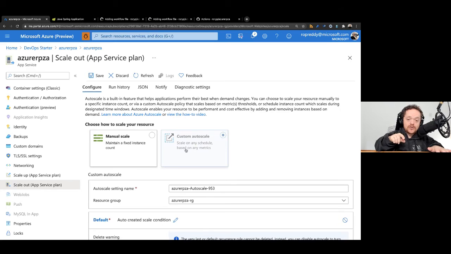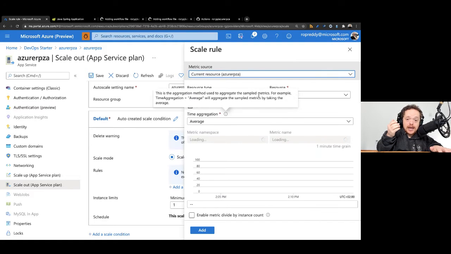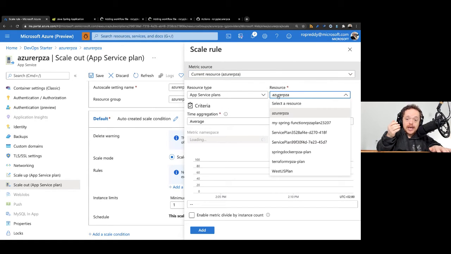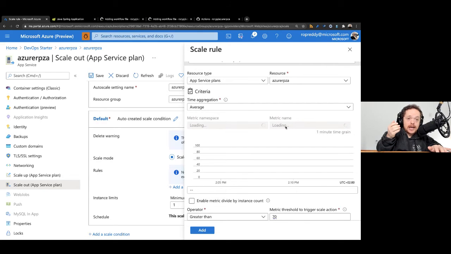Or I can go to custom auto scale and say, I want to scale on a metric, and I want to scale up when my concurrent sessions equal average. Let's say 10 sessions. So scale up when I get 10 sessions, and then scale back in, pay as you go, when I don't have any load.